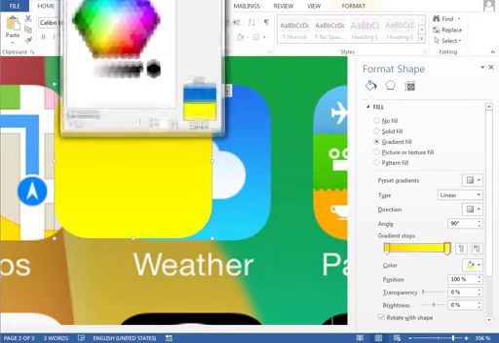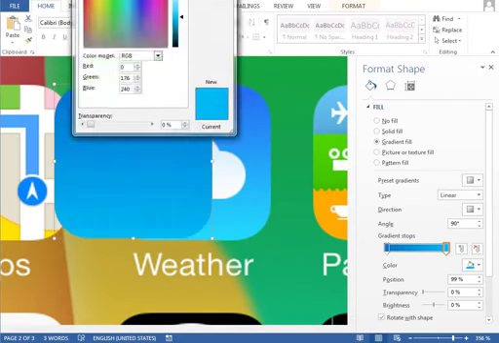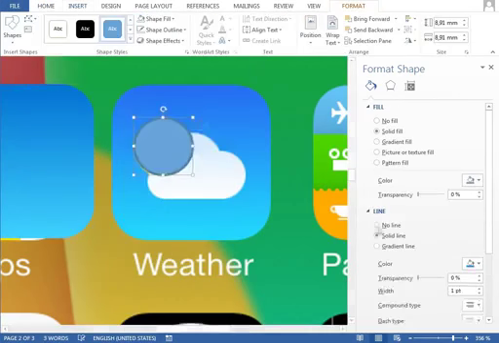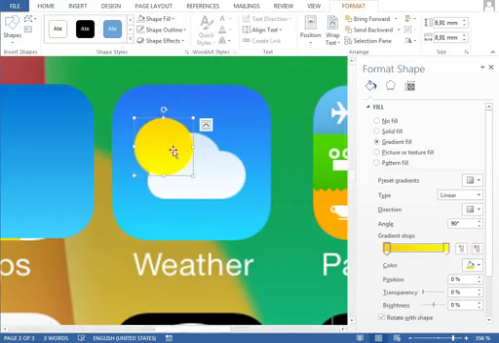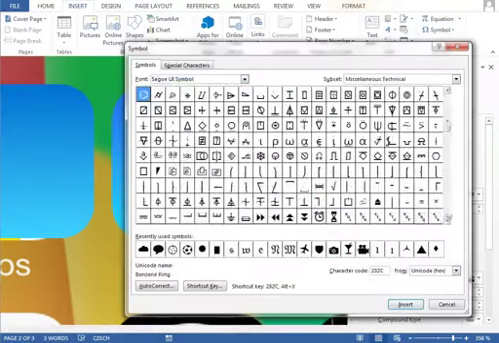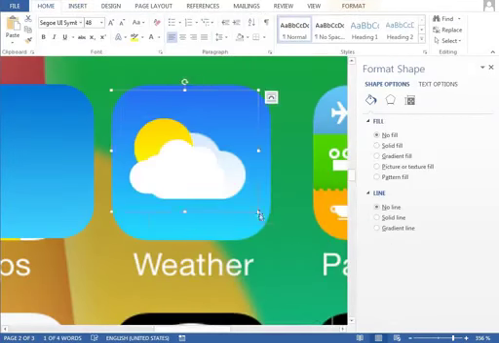The weather icon is made only from three objects. The background uses our base shape, the sun is just a circle with the yellow gradient fill, and for the cloud we use a symbol from the font Segoe UI Symbol. We set the fill to a little bit transparent one, so the sun is a little bit visible also below